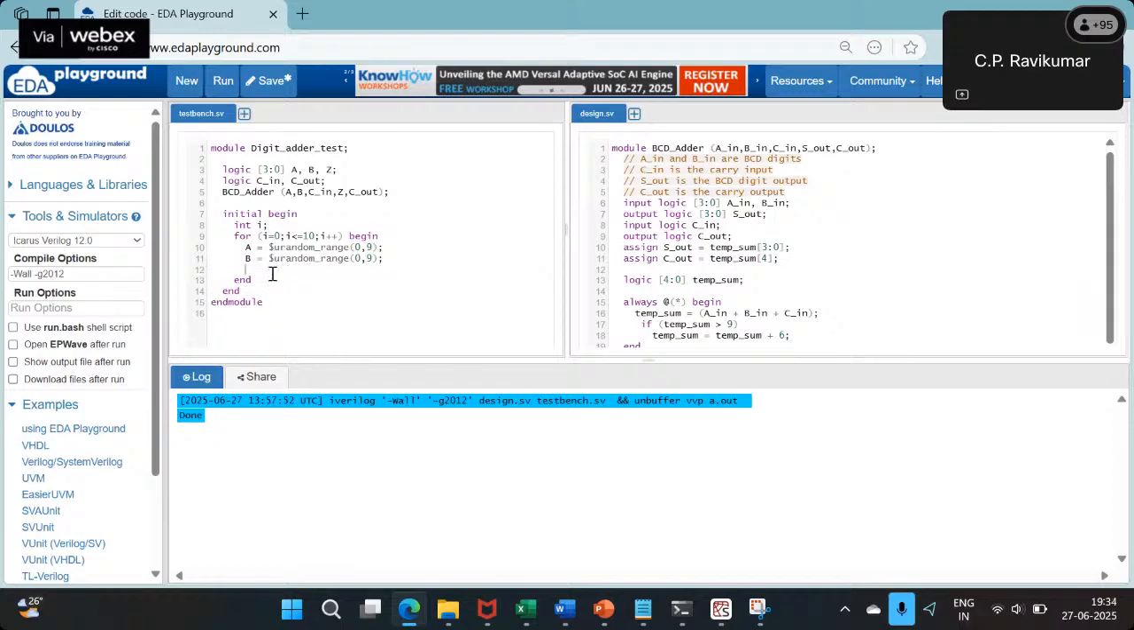Then Cin is $urandom_range 0 and 1. So we have put some values on A and B and Cin, and the output will be sitting in Z and carry out. Right? We wait for 1 unit of delay and then display